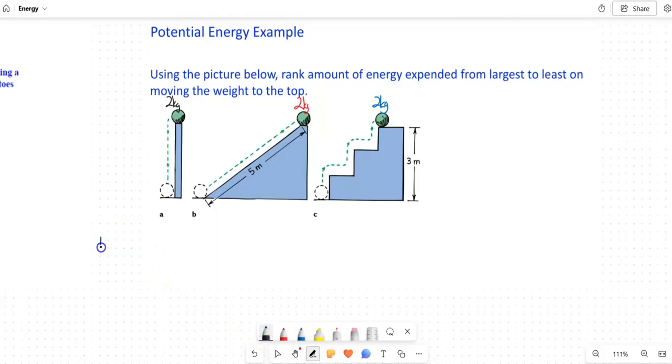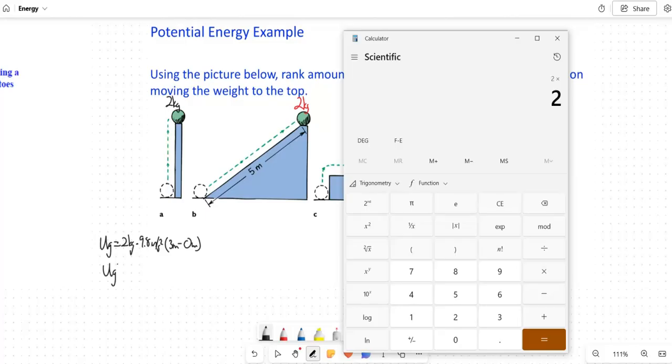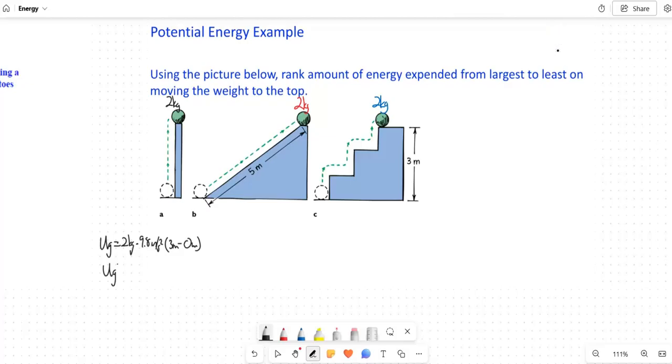And so that is why potential energy due to gravity, which is going to be 2 kilograms times 9.8 meters per second squared, going from 0 meters to 3 meters, so 2 kilograms times 9.8 times delta h, is equal to 2 times 9.8 times 3, 58.8. So here, you're going to spend 58.8 joules